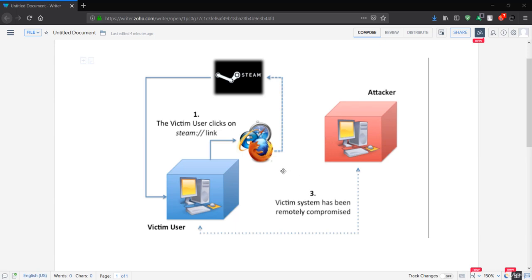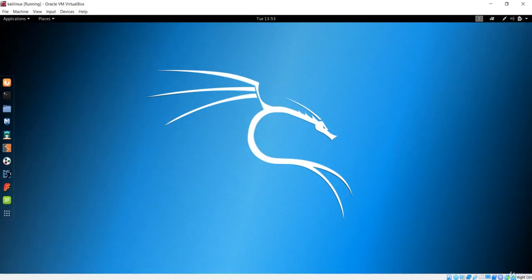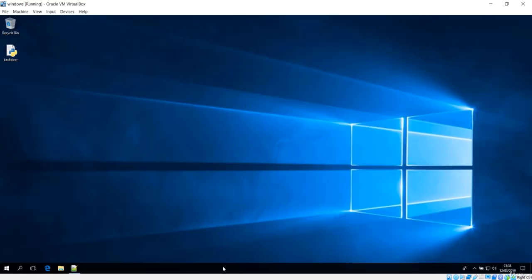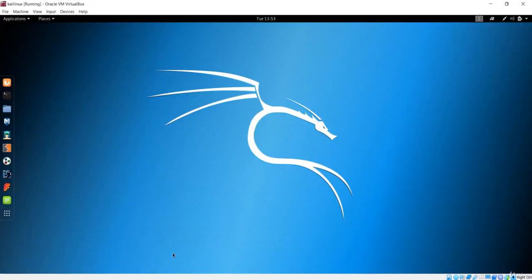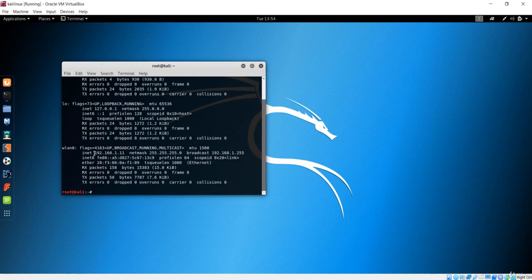First of all, you can see here that I have these two computers. This is the Kali Linux, which will be our server and our listener, and this other window will be our client. First we'll start with this Kali Linux. If I open the terminal and type ifconfig, you can see it has been configured with this WLAN interface.